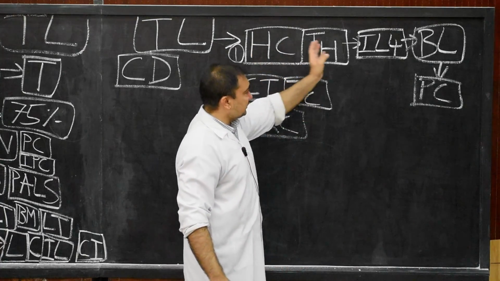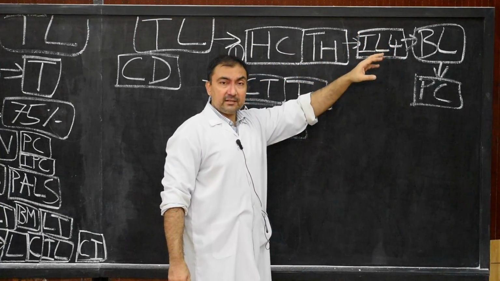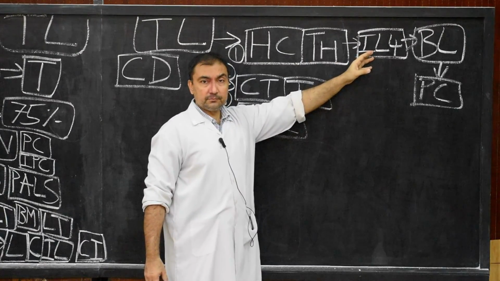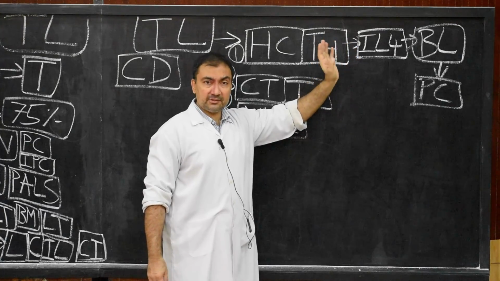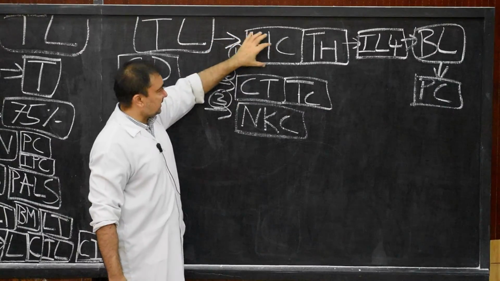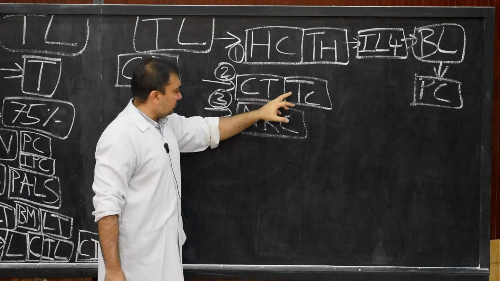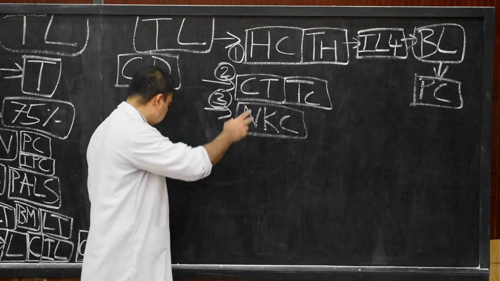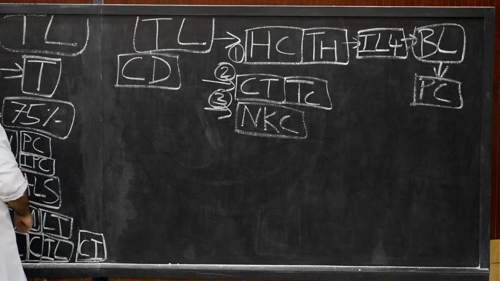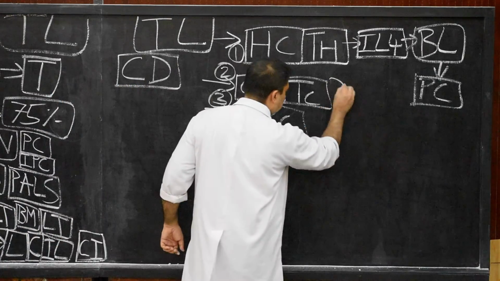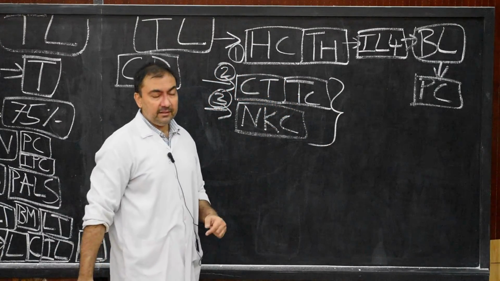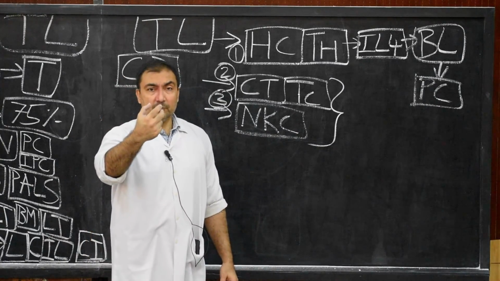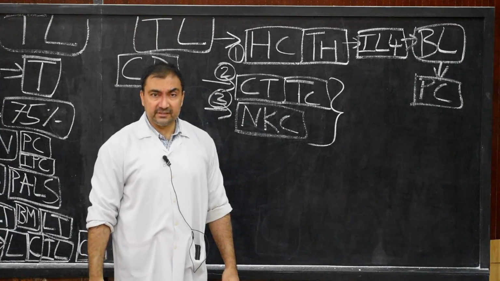So in this way, B lymphocytes are also stimulated, they are also activated with the help of secretion of interleukin 4, that is a part of lymphokines or cytokines. So now here, first is helper T cells, second will be cytotoxic and natural killer T cells, that is cytotoxic T cells, and third is natural killer T cells. Both the functions of cytotoxic and natural killer cells will be same. They will directly kill the virus or bacteria or any foreign molecules which are attacking the body defense system.